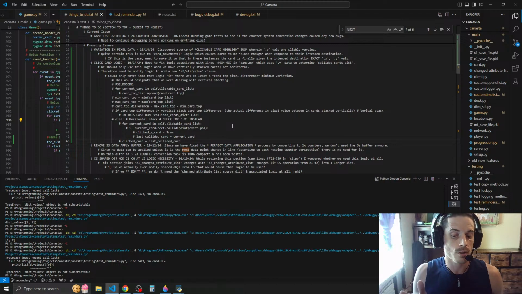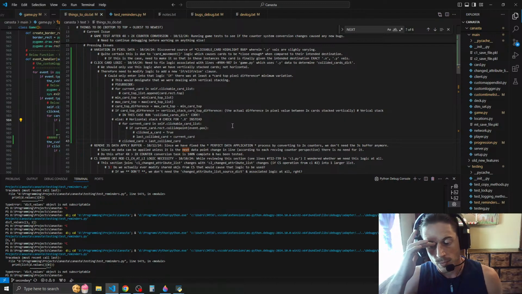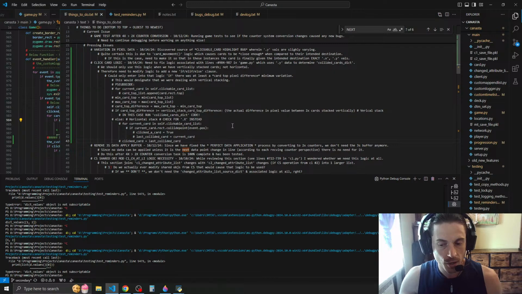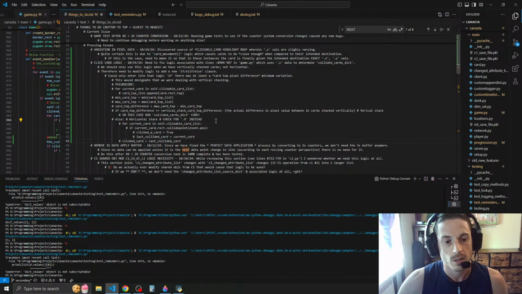we're narrowing down the list to cards that the click point fell into their collide points for each card, and then from there it whittles it down based on more logic to that specific card that we clicked. So I just have to review all this again,